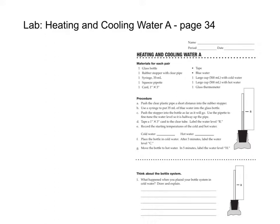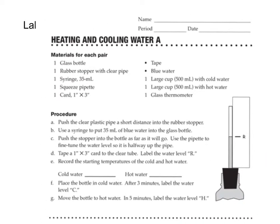This is the lab called Heating and Cooling Water A. It's on page 34, and it's pasted into your spiral. And in this lab, we are following the procedure right here. And we'll walk through this and have a little discussion on it